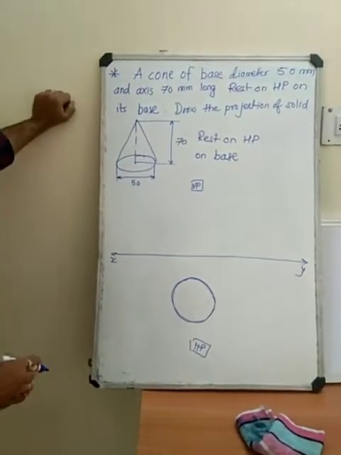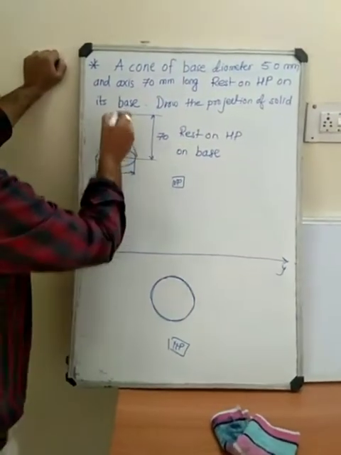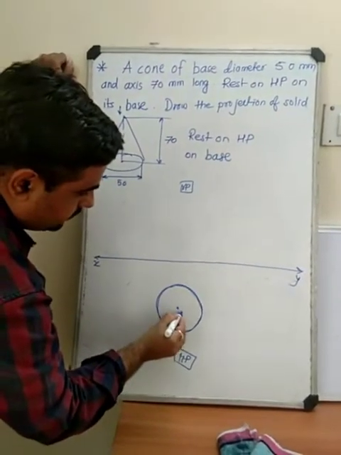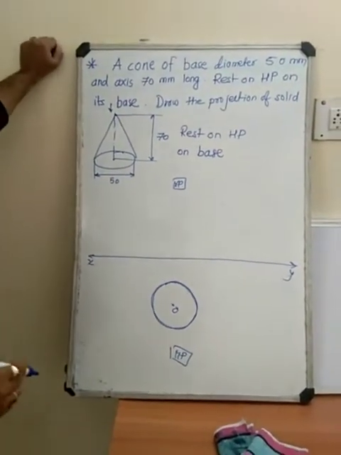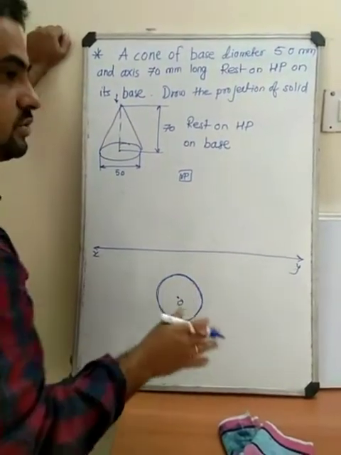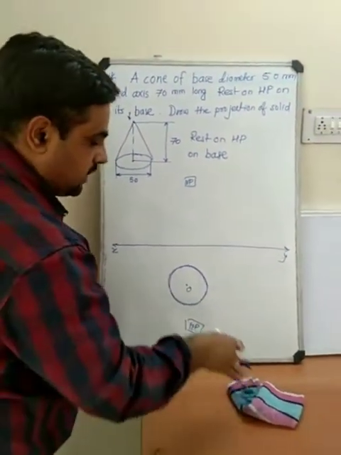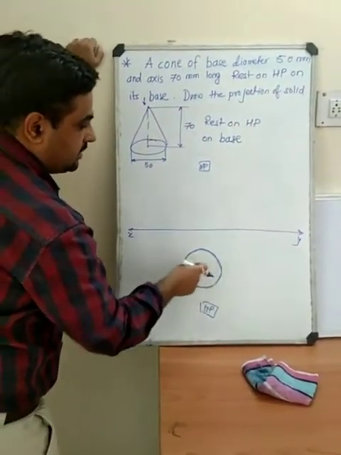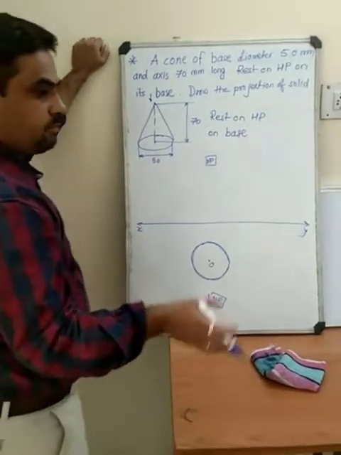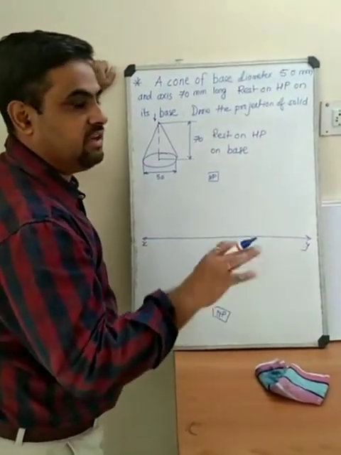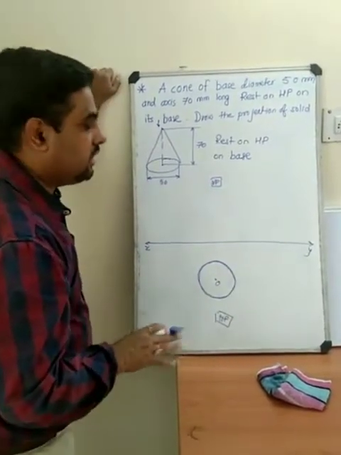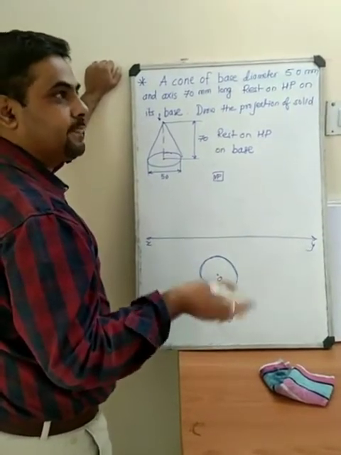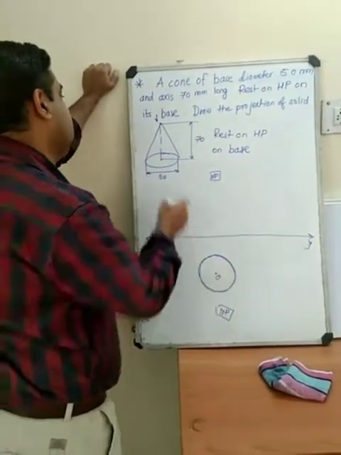Now understand, from the top view you can observe the apex also. So O should be there. This is O. Now, in the case of a solid of revolution, there are no edges, so you cannot mark the edges here. But for projection purposes we need some reference lines. That's why in this case we are generating imaginary edges.